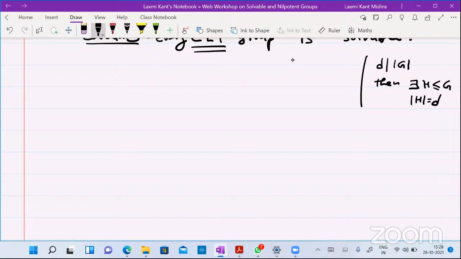For example, if we take the alternating group of degree 4, then 6 divides the order of A4, which is nothing but 12,